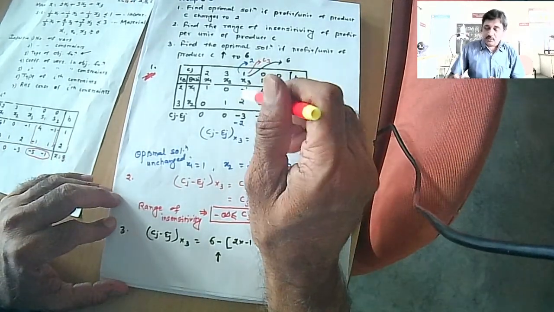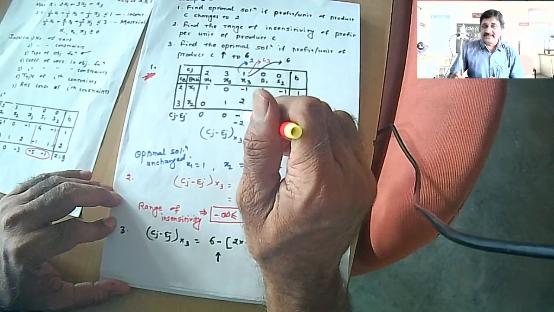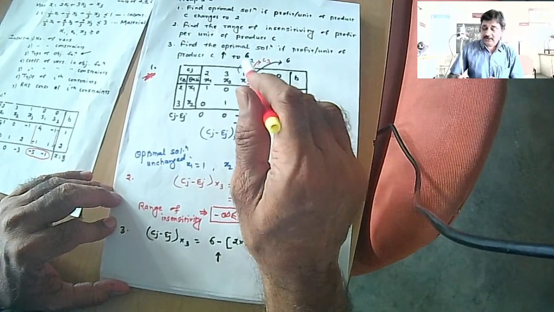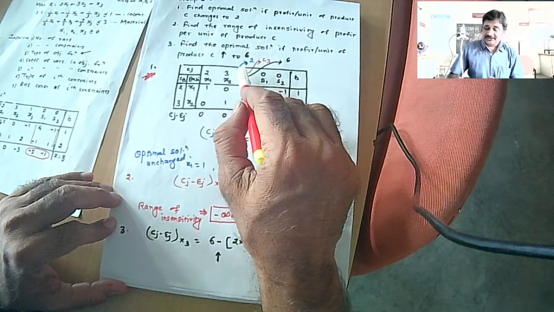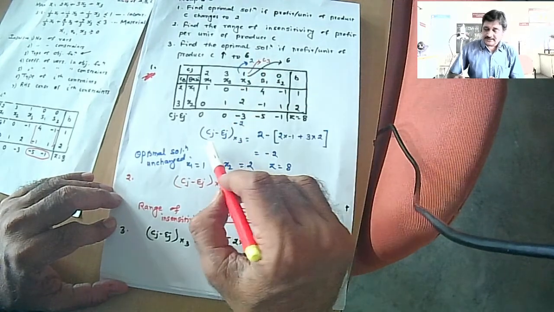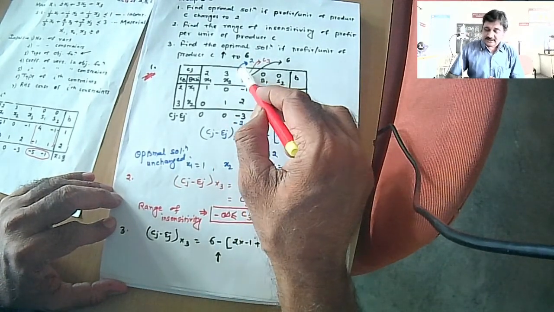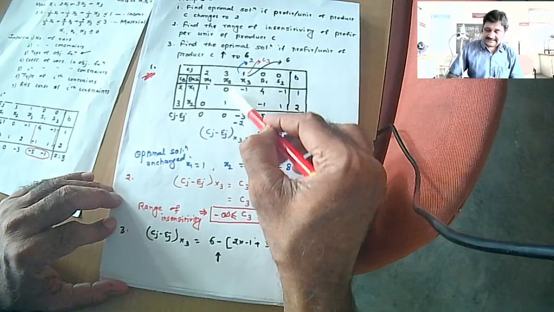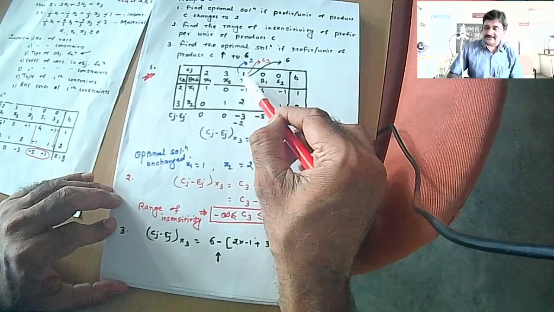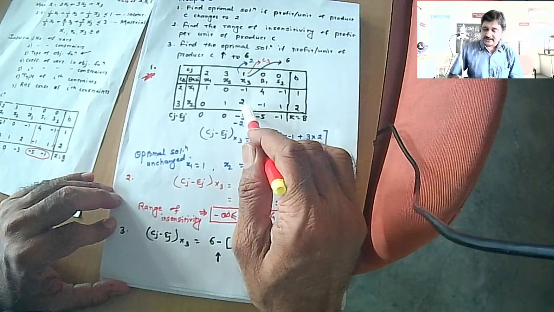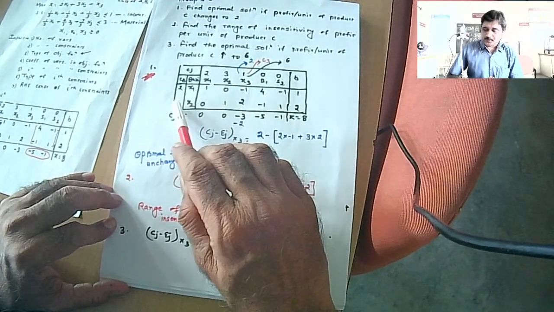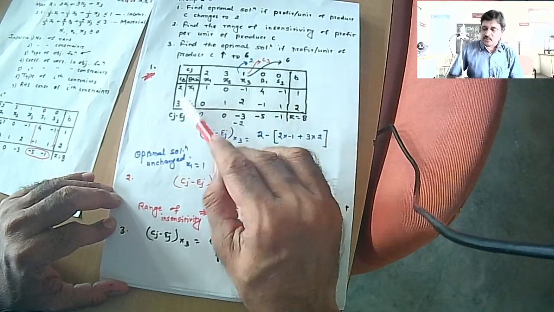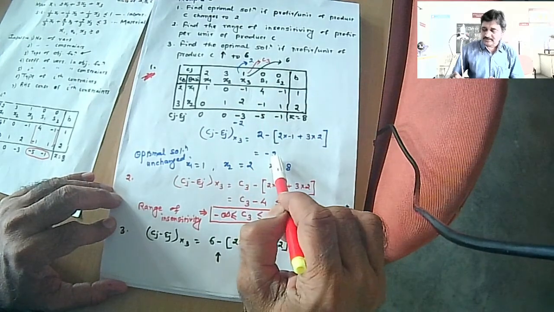So now simply you find the Cj minus Zj value for x3. So Cj is 2 now. Cj minus Zj for x3: it is 2, and Zj is found as the sum of the product of this and this column. This column has not changed. It is still minus 1 and 2. So minus 2 plus 6 makes 4. 2 minus 4 is minus 2.